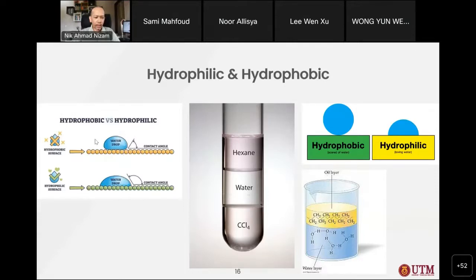And if the contact angle is very high, more than 90 degrees, we call it a hydrophobic surface. So the molecules here contain a hydrophobic property. Sometimes when we produce a material and we coat the surface with hydrophilic molecules,